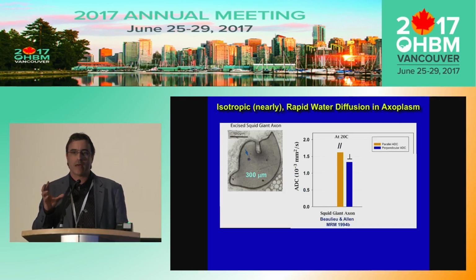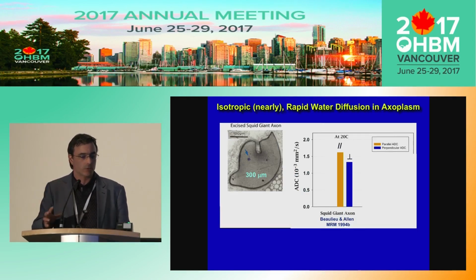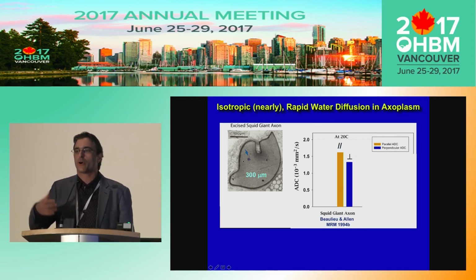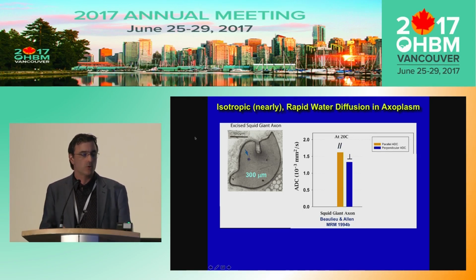So all these axons have neurofilaments, microtubules. Well, the only way you can evaluate that is by making a measurement where most of the water molecules aren't hitting a membrane, right? So what you could look at is the squid giant axon. In this case, the giant axon is about 300 microns, the ones that we got shipped to us from Texas. And the diffusion of water over the diffusion times we were using, our root mean square displacement might be